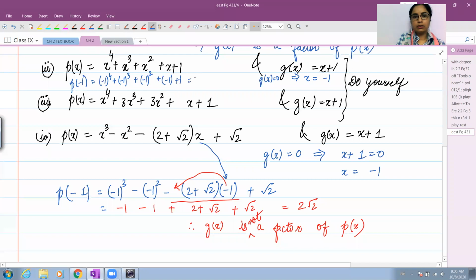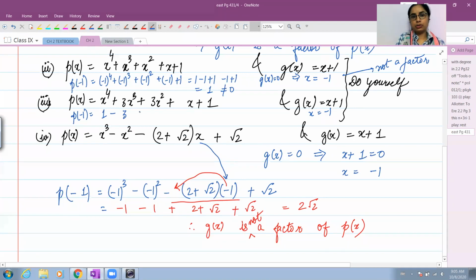This will be 1 minus 1 plus 1 minus 1 plus 1. The answer will be 1, not equal to 0. So in this case, it's not a factor. X comes out to be -1. We have this will be 1. After substitution,